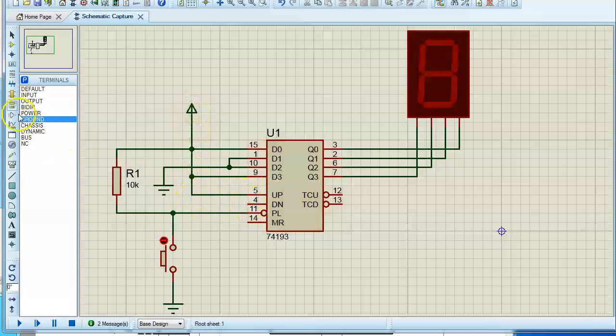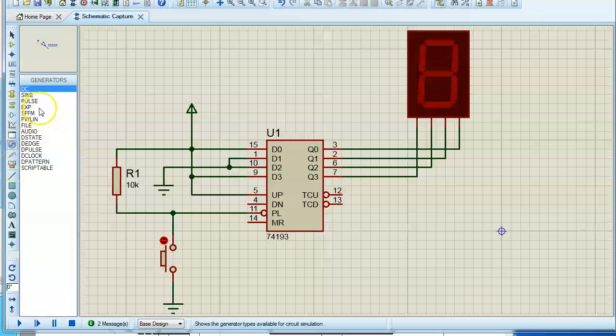Here I am going to feed a clock signal. Let us say there is a signal here, digital clock. So I'm just trying to feed a clock signal.